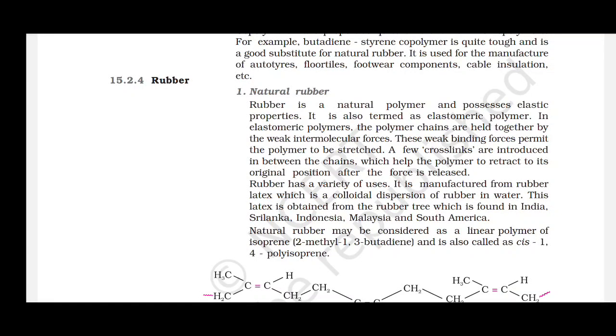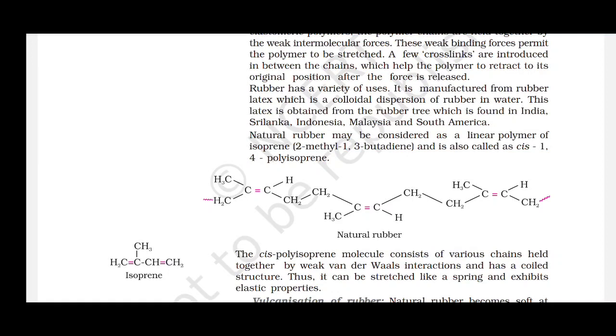It is manufactured from rubber latex, which is a colloidal dispersion of rubber in water. This latex is obtained from the rubber tree which is found in India, Sri Lanka, Indonesia, Malaysia and South Africa. Natural rubber may be considered as a linear polymer of isoprene, 2-methyl-1,3-butadiene. So what is isoprene? 2-methyl-1,3-butadiene, and it is also called as